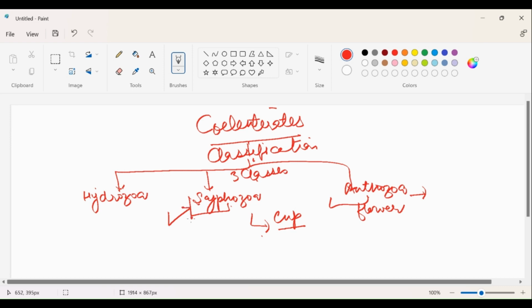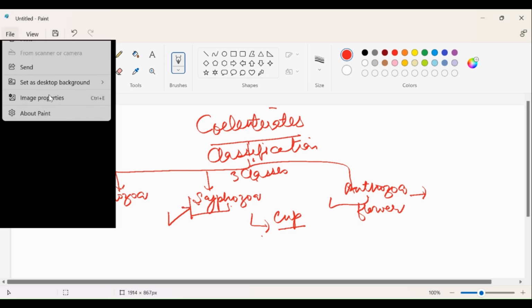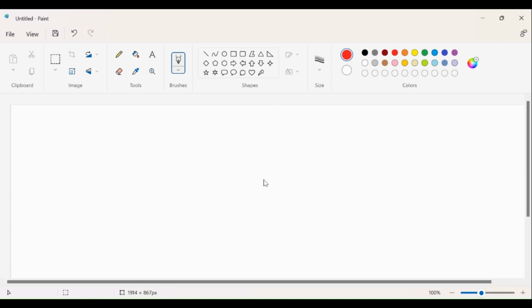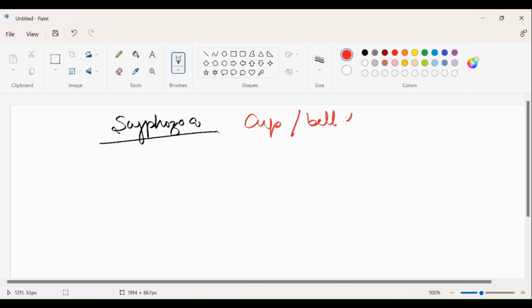We have already talked about hydrozoa. I'm taking the second class, that is scyphozoa. So scyphozoa, as I told you, are the cup type or bell shaped or umbrella shaped animals. Mostly they have medusa form